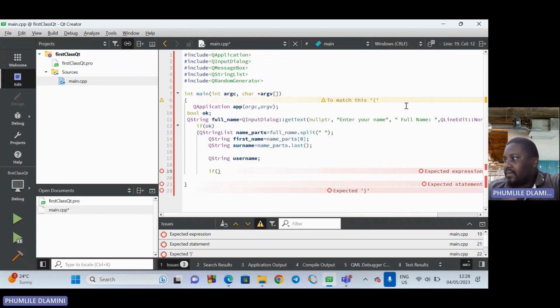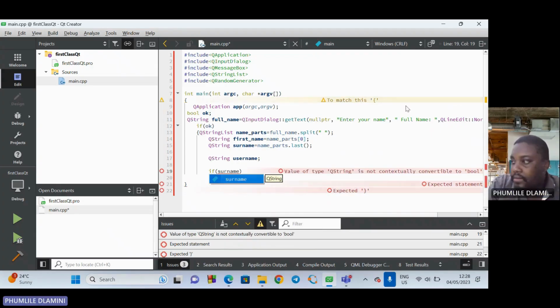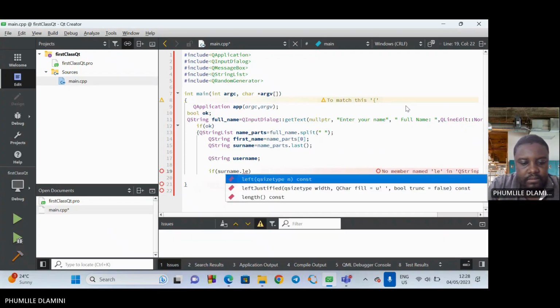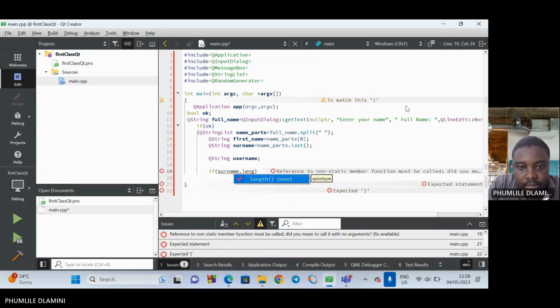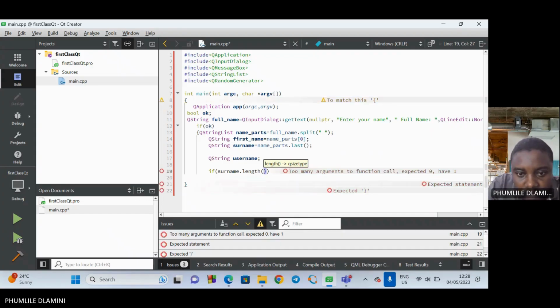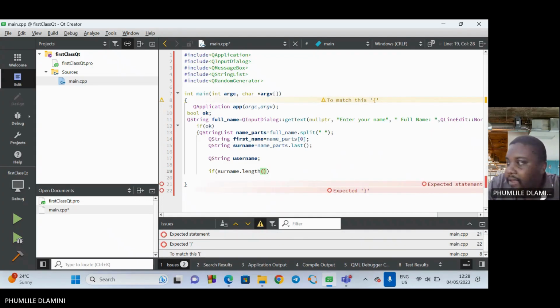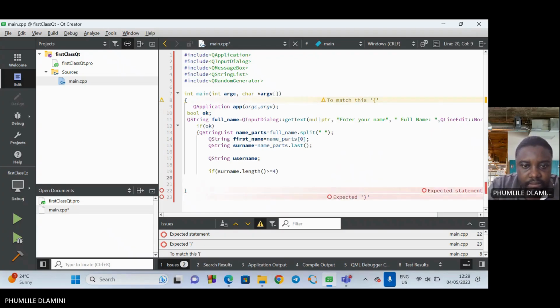If username.length, if our username length is greater than 4, because the question says it must be, if it's greater than 4, then what must happen? Then we want it to